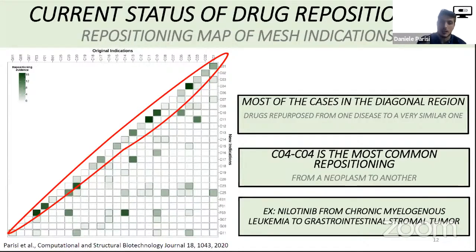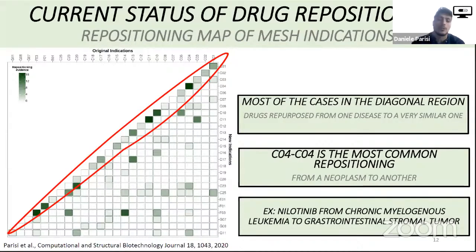That means that most of the drugs have been repurposed from one disease to the exact same class of diseases. So this graph has been built using the MeSH key, which is a way to characterize and express the different therapeutic indications in medical groups of diseases. And since the diagonal is the brightest and most colored place,